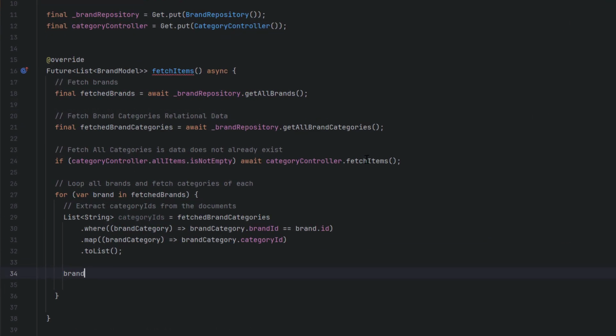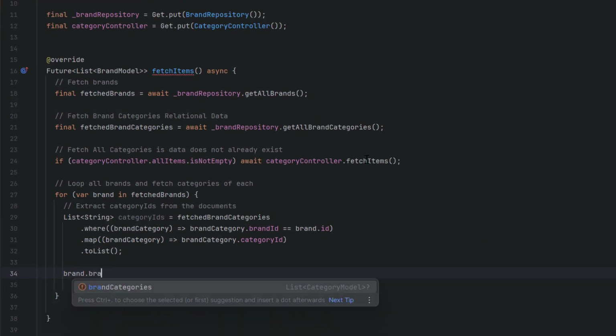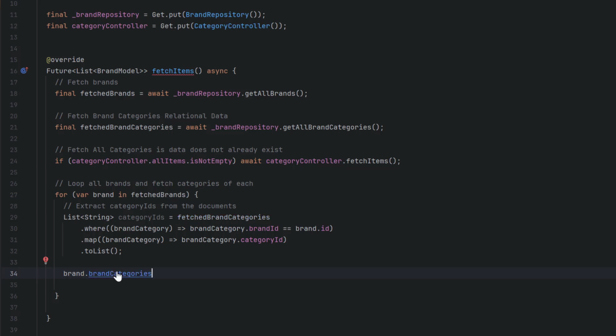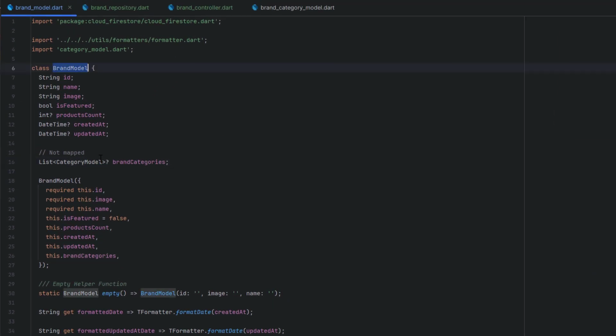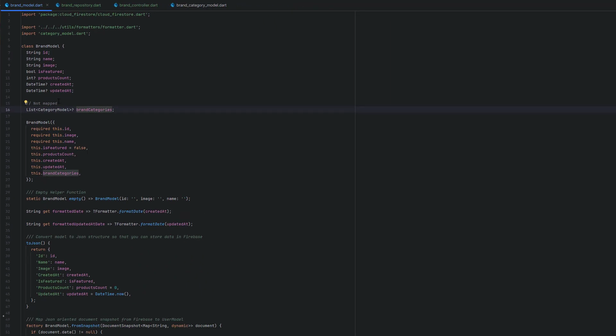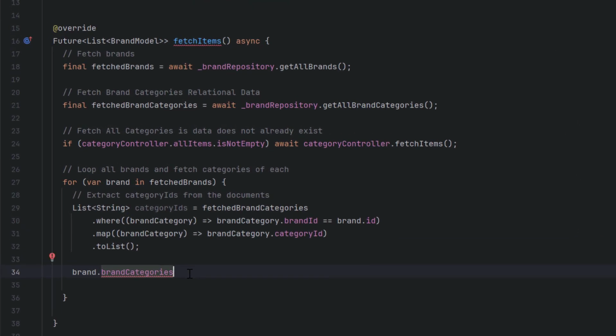So remember, we have brand dot brand categories, which is, let me show you inside the brand model. We have the brand categories, which is a list of category model. This means that each brand has its own list of categories. So we're going to assign the brand categories by finding from the category controller dot all items, because now we know we have all the items in the categories, dot which categories we need for this one specific brand, because